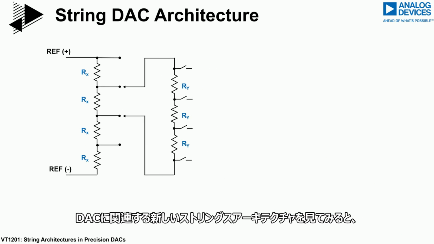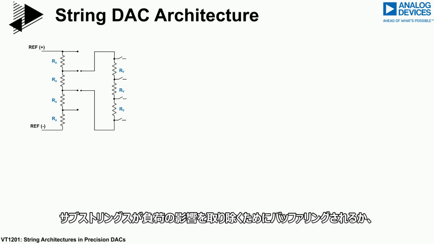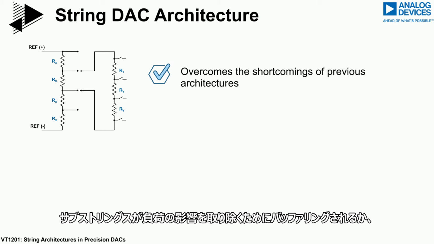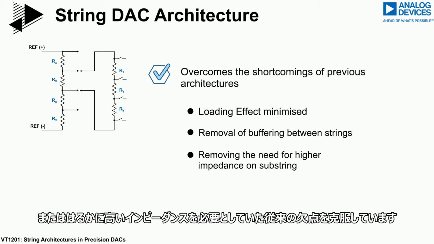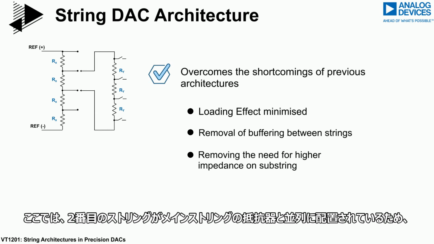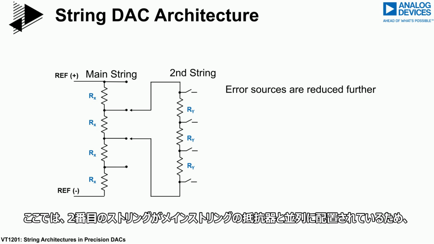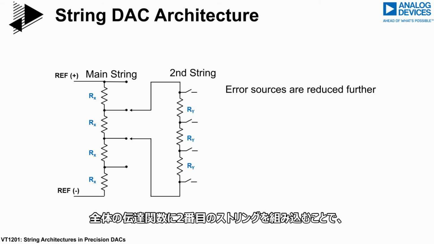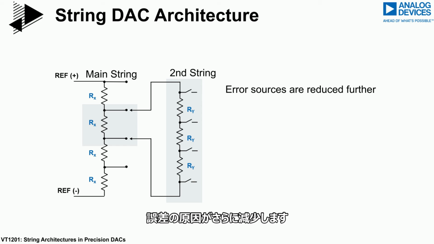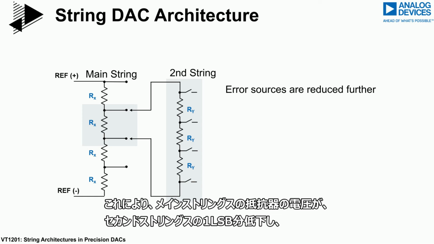If we now look at the new string architecture associated with DACs, this overcomes the shortcomings of the previous architectures, where the substring needed to be either buffered or had to be of a much higher impedance to remove the loading effects. For this new architecture, the error sources are reduced further through the incorporation of the second string in the overall transfer function. This string appears in parallel with the resistor in the main string. This leads to a voltage drop across that main string resistor by 1 LSB of the second string,